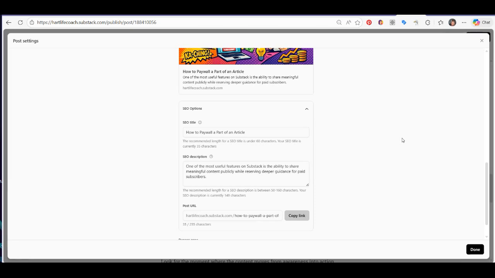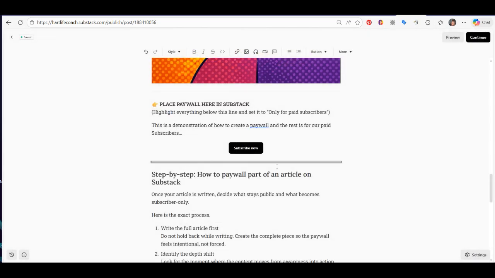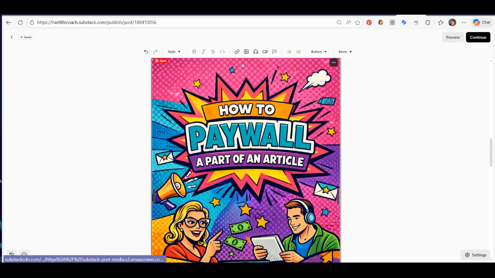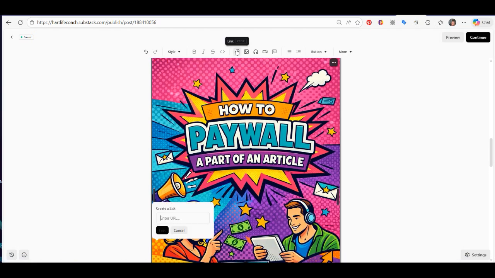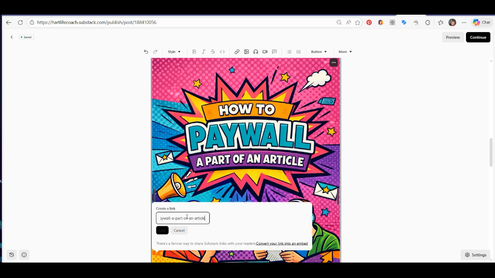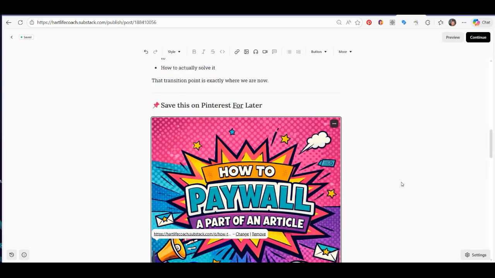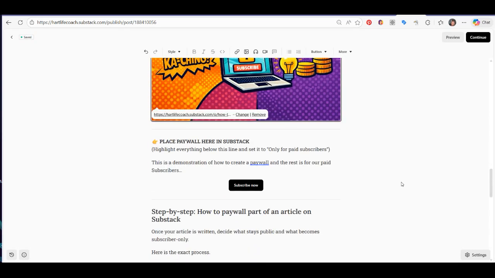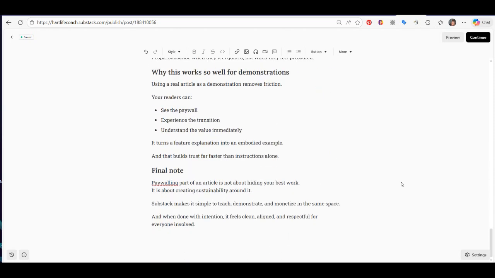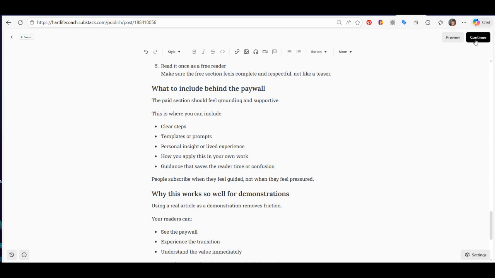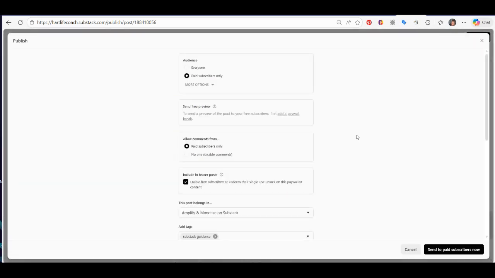And we're going to grab this post URL, and we're going to come over here to our Pinterest image and put a link to that, so that when people save this to Pinterest, from Pinterest they'll get sent back to this article. Okay, so now we want to hit continue